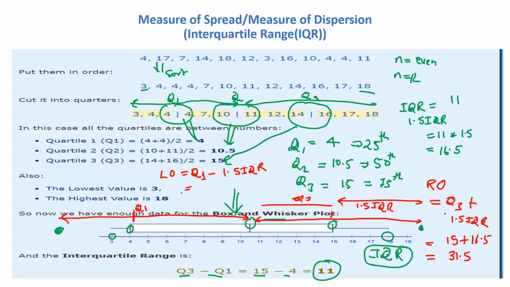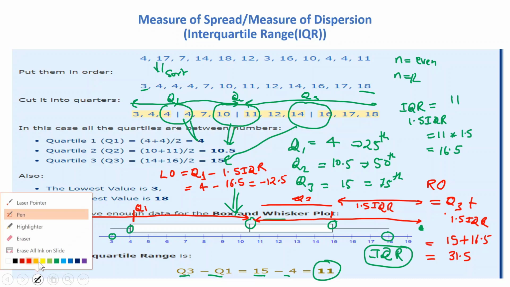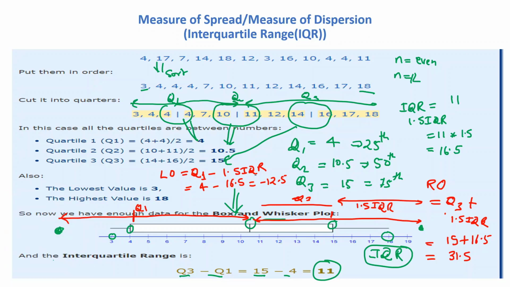So we can say that Q1 is 4 minus 1.5 IQR, which is 16.5, and it is coming to minus 12.5. So now we have two values, minus 12.5 and